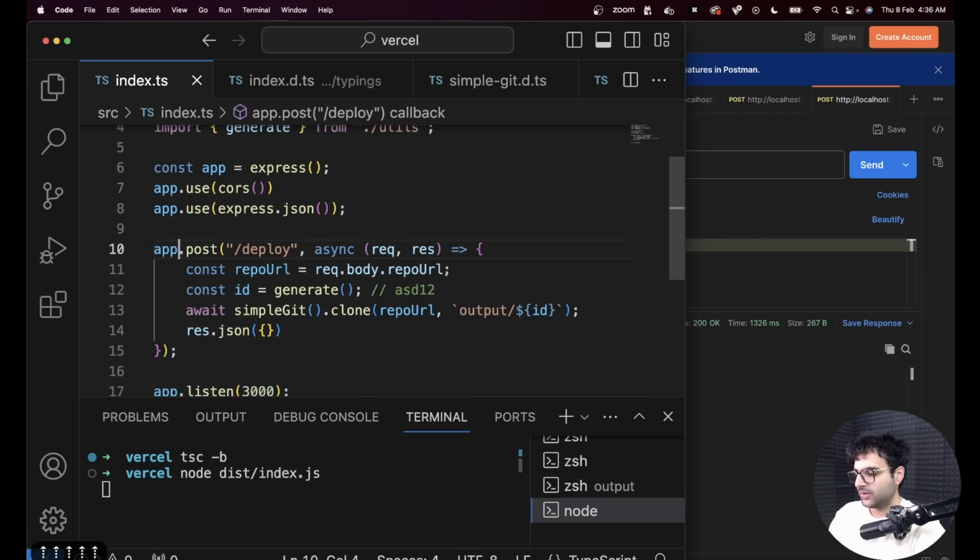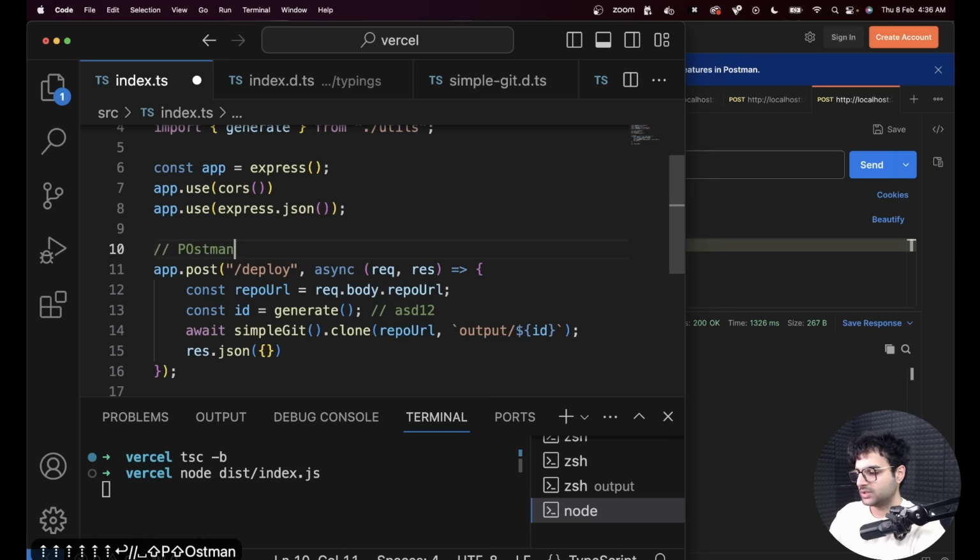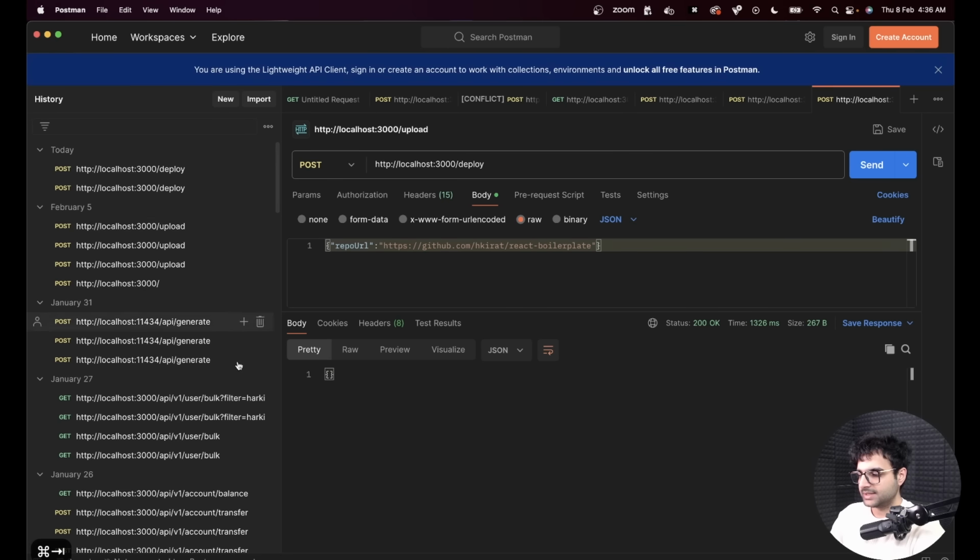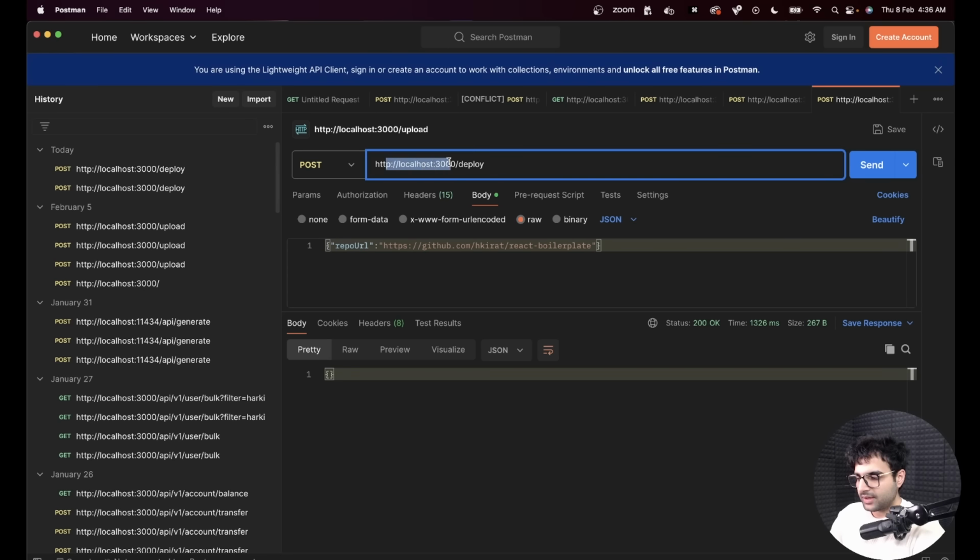One very famous way to test these endpoints is something called Postman. What does Postman let you do? Postman lets you send requests from this very nice GUI on a specific URL, on a specific route, and also lets you send a body inside. So what would you have to do at this point? Number one, install Postman. Number two, you might have to sign in here as well. And then number three, put the URL to your backend server here, which in our case is